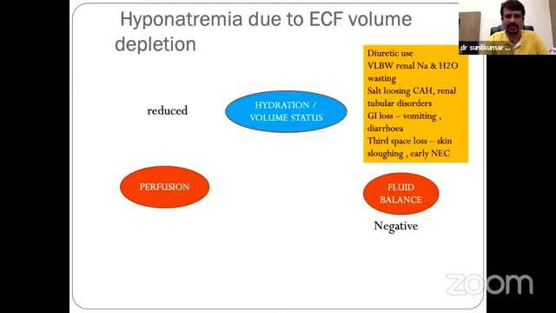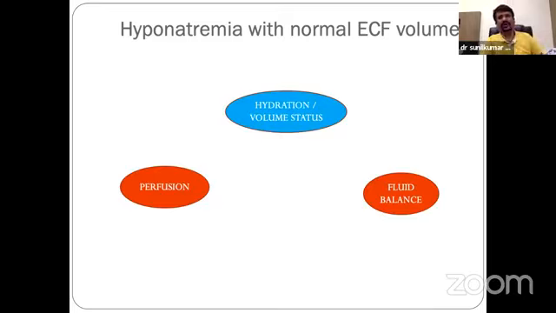Baby loses weight, and perfusion is compromised because the volume status is also reduced. So perfusion is also compromised. Okay, so coming to the hyponatremia with the normal ECF volume, where we can expect the normal ECF volume with